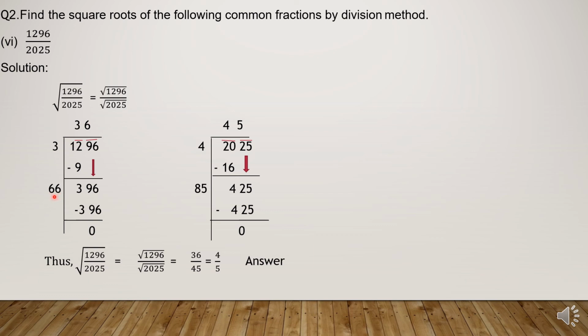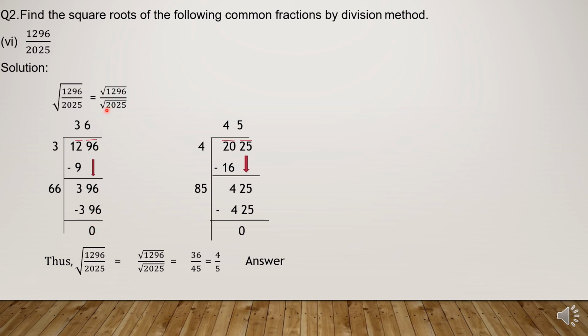You can do this work on one page of your paper. You can try different numbers over here. You can try with 6, you can try 7 and multiply with 7. You can try any number with 6 so that you multiply that number with itself and you get an answer that must be smaller than this number or equal to this number. So we tried here 6, 66, 6 are 396. Subtract these values, you get 0.